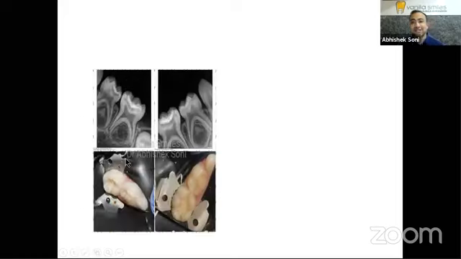So let's look at a clinical scenario. This was a child who was treated under general anesthesia, under strict asepsis, and under rubber dam. You can see these restorations which are failing. You can see a lot of secondary cavity under the restorations. And we started with non-selective removal of the carious tissue because we wanted to be definitive, since the child was being treated under general anesthesia.